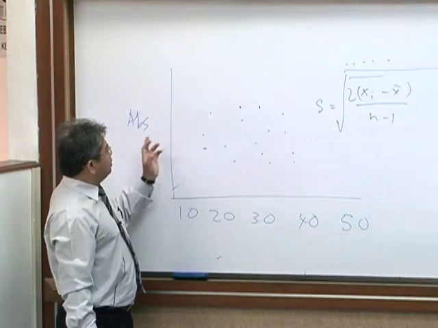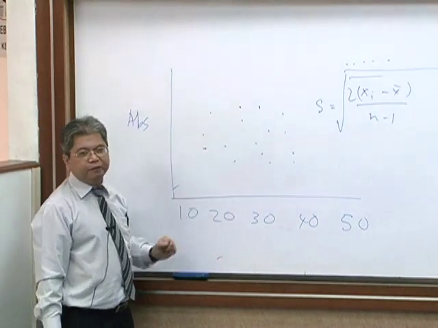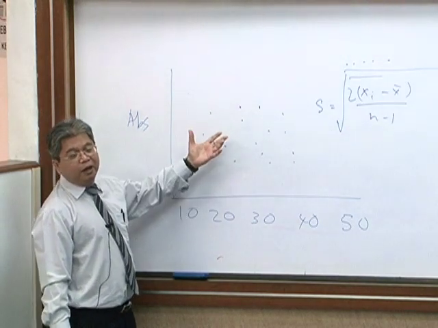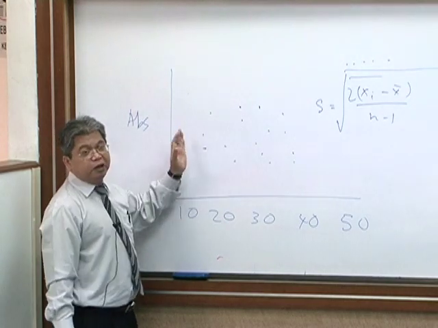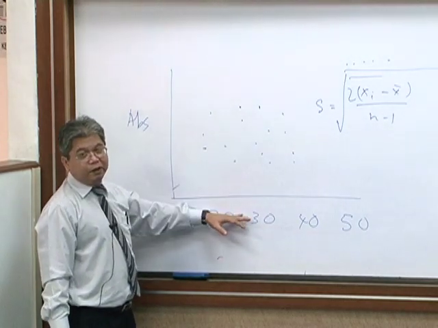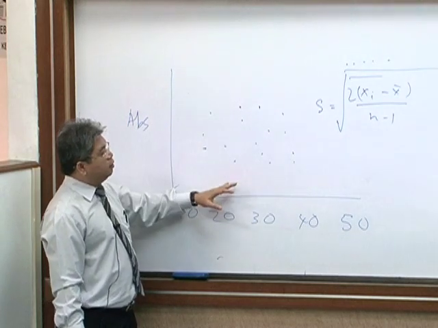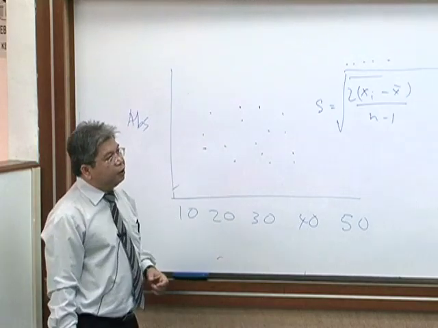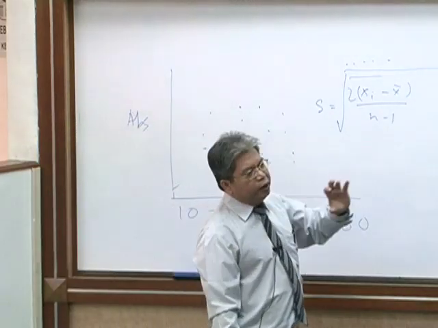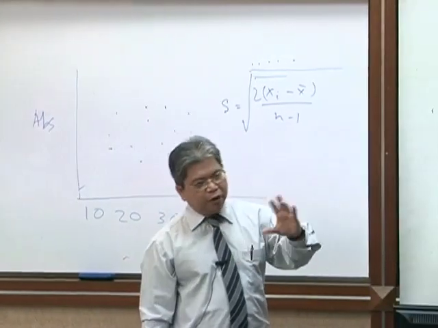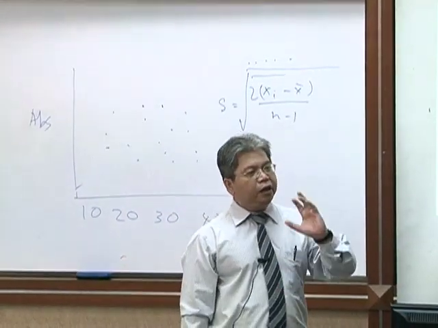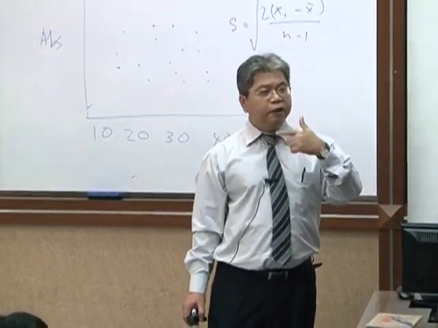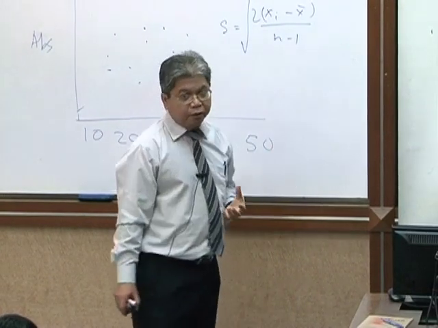So if this is the relation between y and x, what's the value of R? 0. Probably around 0. There's no relationship, no correlation between y and x. It's just a random relation between y and x. So the value of R will determine whether there's a strong correlation between the 2 variables. If there's a perfect correlation, R will be 1. If there's no correlation at all, R will be 0.